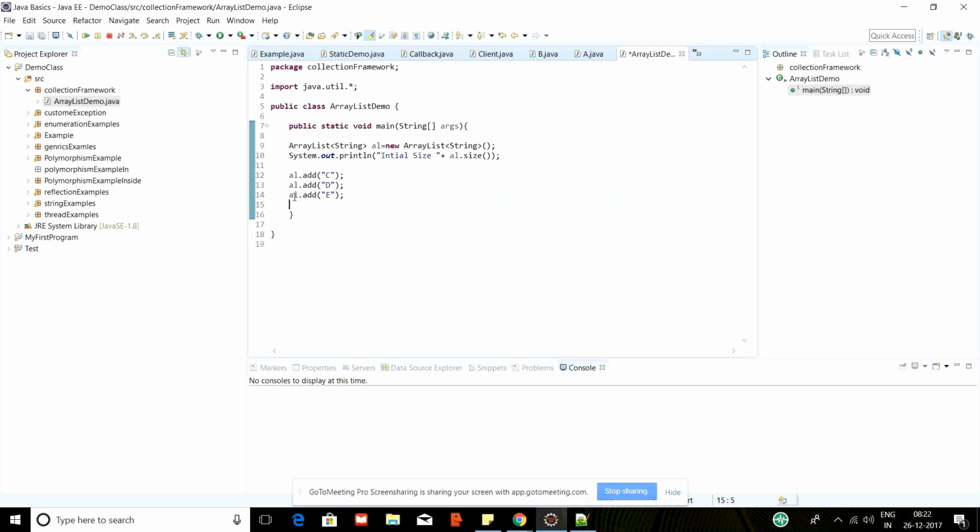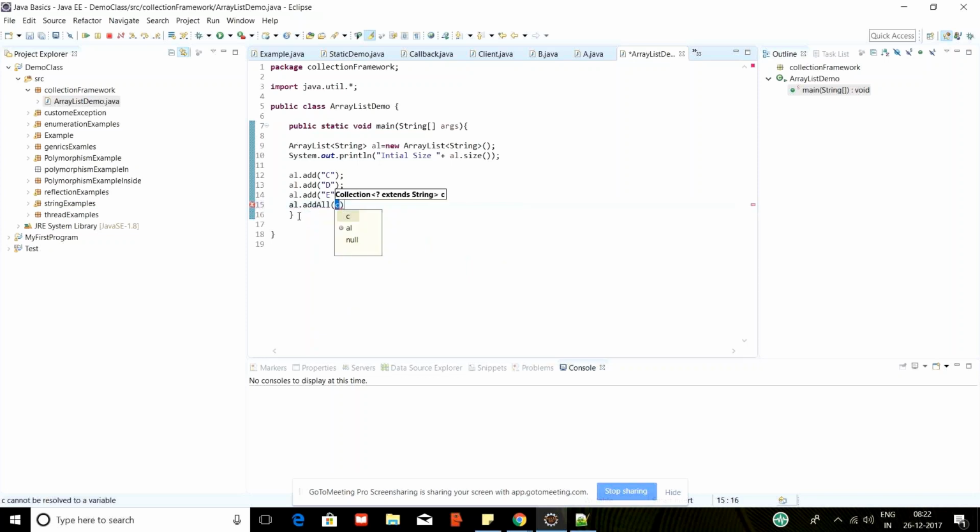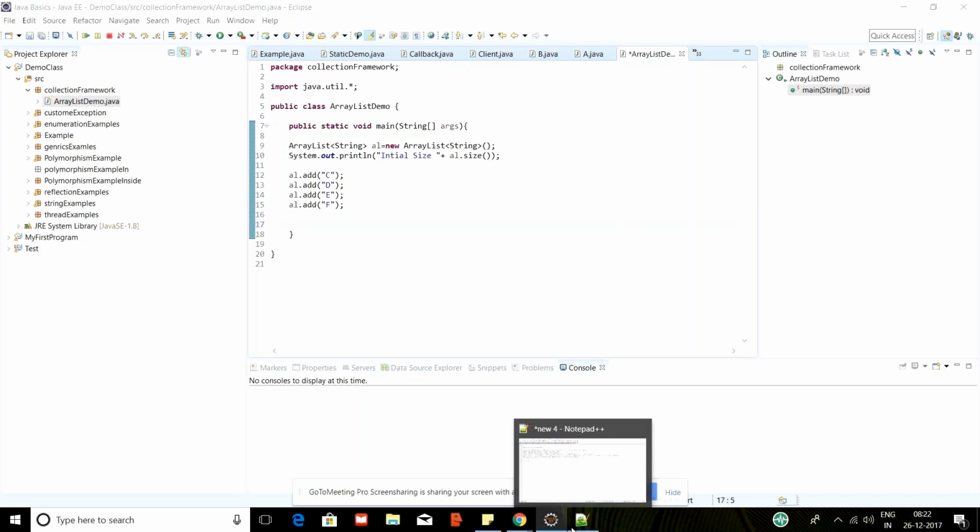With each of this dot add, this particular array list is increasing with its size. Sorry, the size of this array list is increasing. If I do something called array list add f, see, the size is increasing. So we can say this array list,